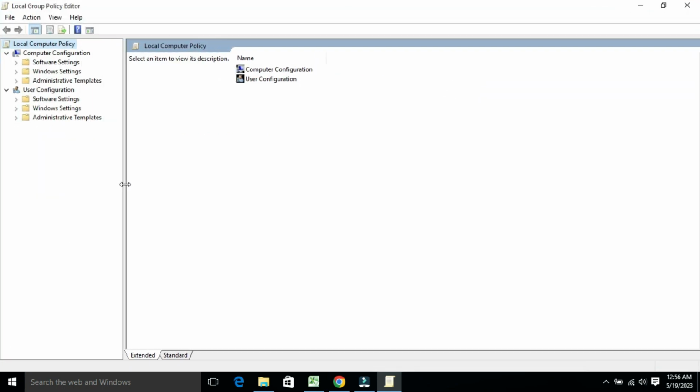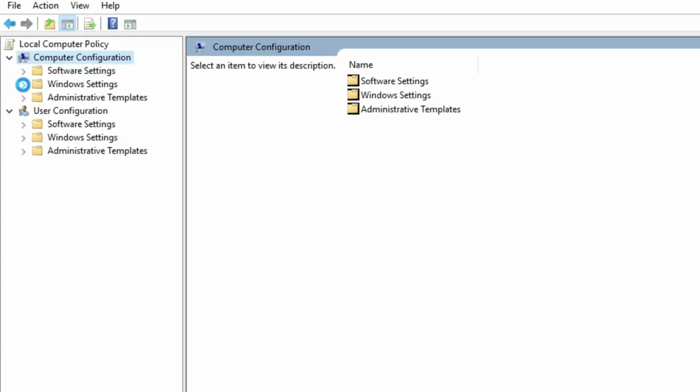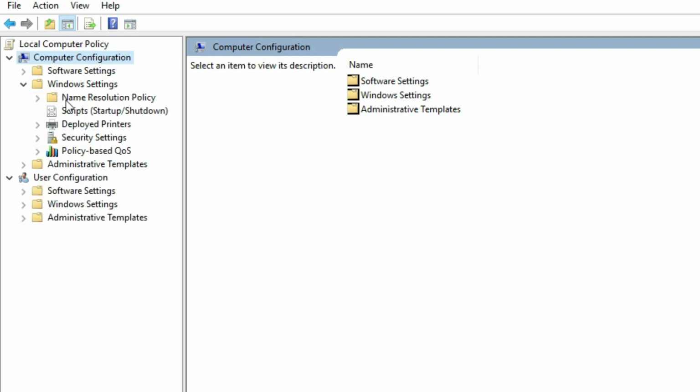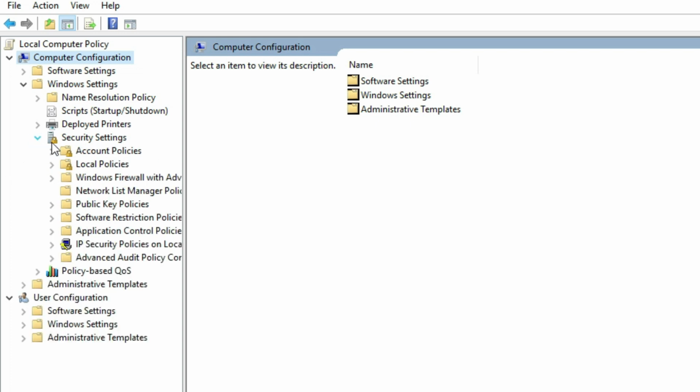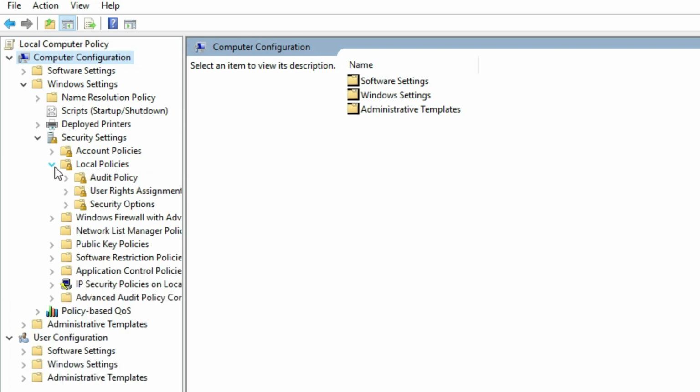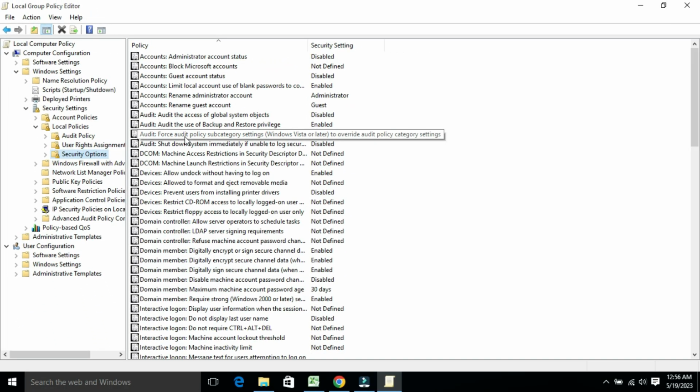So I need to first adjust this page, and on the left hand side you will find computer configuration. Under computer configuration, there is a folder called Windows Settings. You have to expand this. Under this you will find security settings. You need to open this also. Under security settings you will find local policies. Click here to expand this, and here you will notice security options. So just click over here, and in the right hand pane